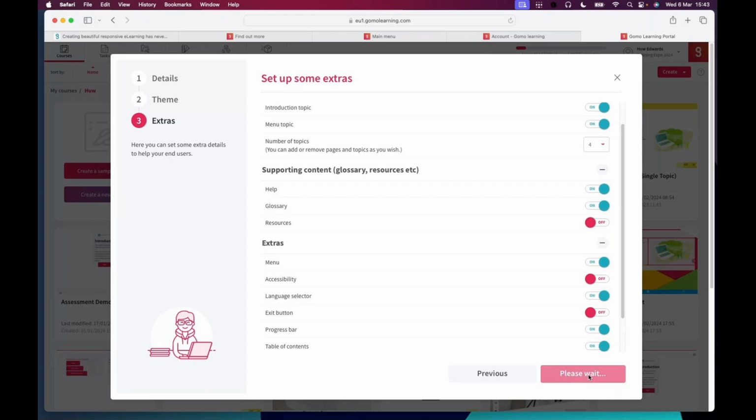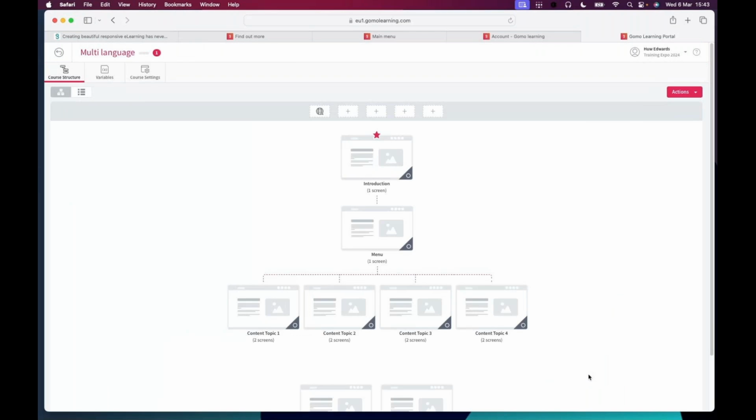Let's click Create. So Gomo is going to look at all these decisions I've made, particularly here in terms of the language, because it's going to create an outline course structure for me. It's going to add in those language layers ready for me to start both editing in the base language and then also translating. So just to recap here, remember these are topics,